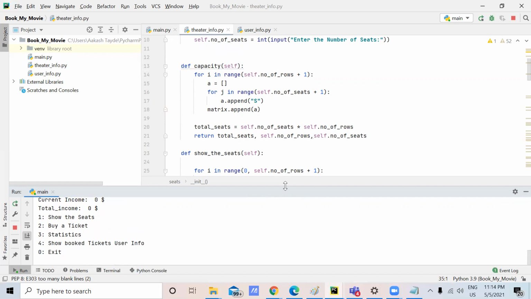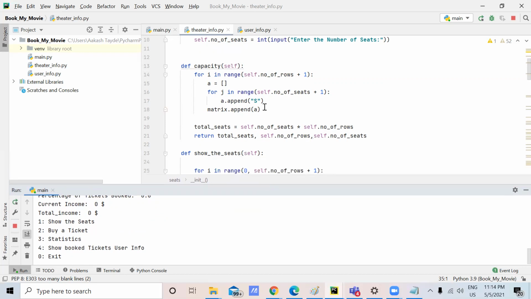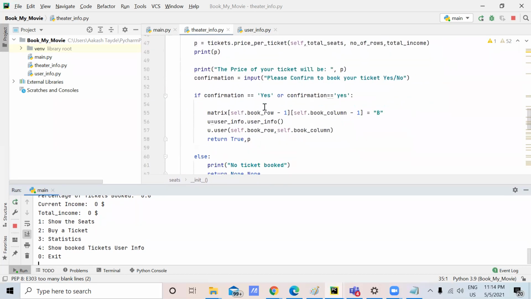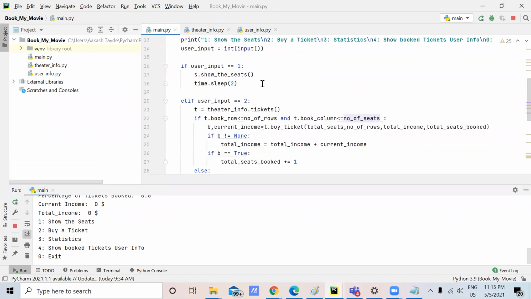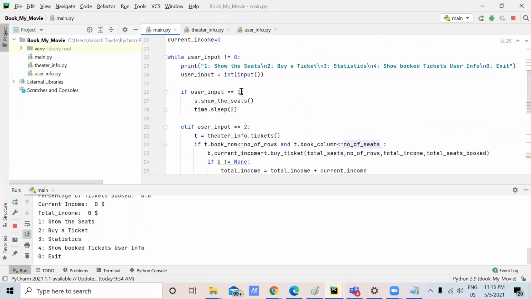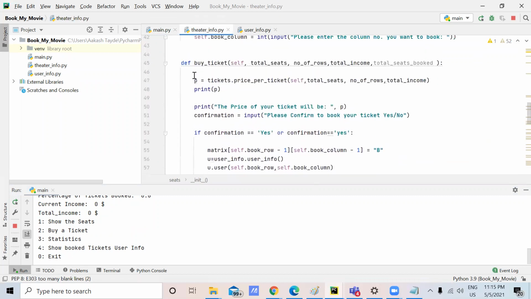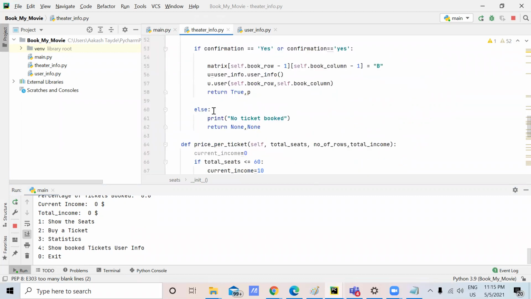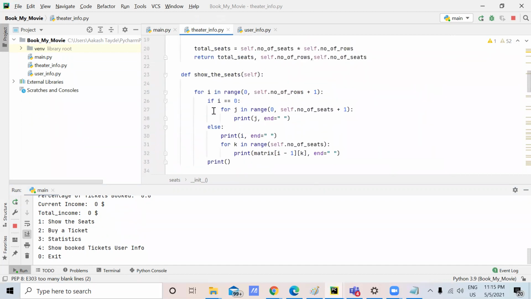This statistics comes from the main file. I'll just use a while loop on what the user input is, and if the user selects show the seats, it will go in S, which is a reference variable we created earlier, and show the seats here.